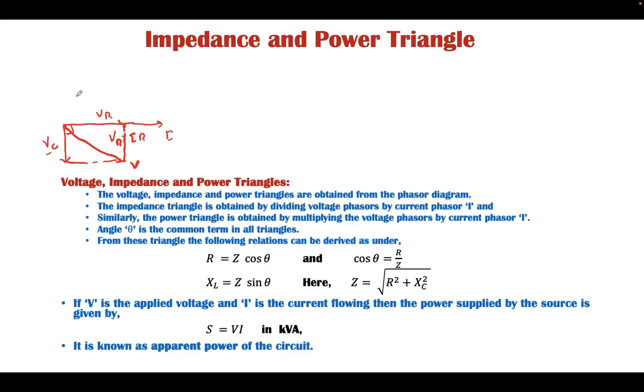For this triangle, this is I, this is I into Z, this is I into R, and this is I into XC. Similarly, if we divide all these phasors by I, the resultant triangle will be: this is R only, this will be XC only, and this resultant will be Z, and this angle is theta. This is nothing but the impedance triangle, and the earlier one is the voltage triangle. Now, using this voltage triangle, if we multiply these phasors by I, then